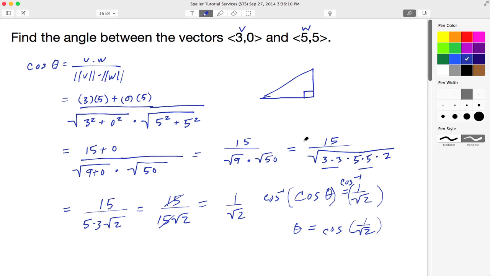So let's just sketch a right triangle. Here I see that the numerator is the adjacent side, which would be 1, and the hypotenuse would be root 2. And without going through the Pythagorean theorem, we know that this looks like one of our special triangles, the 45, 45, 90. So we know that this angle here for theta has to be pi over 4, because pi over 4 is the same thing as 45 degrees. So the angle that we calculated, theta, is actually pi over 4 or 45 degrees.